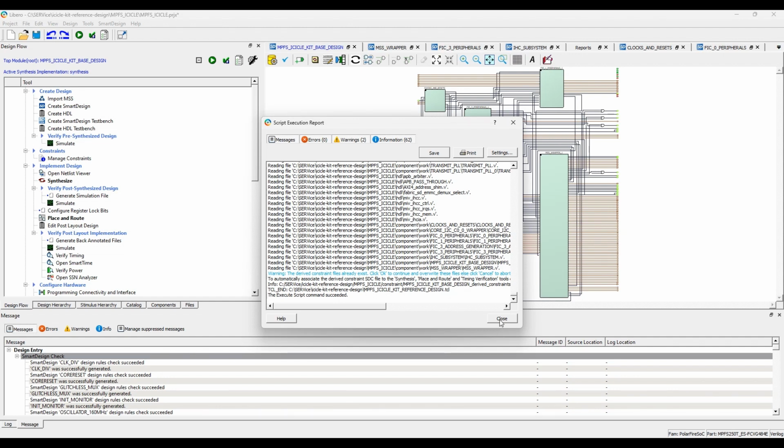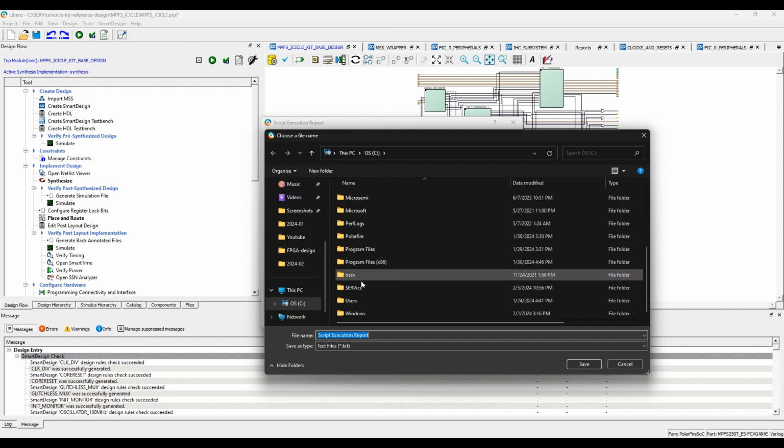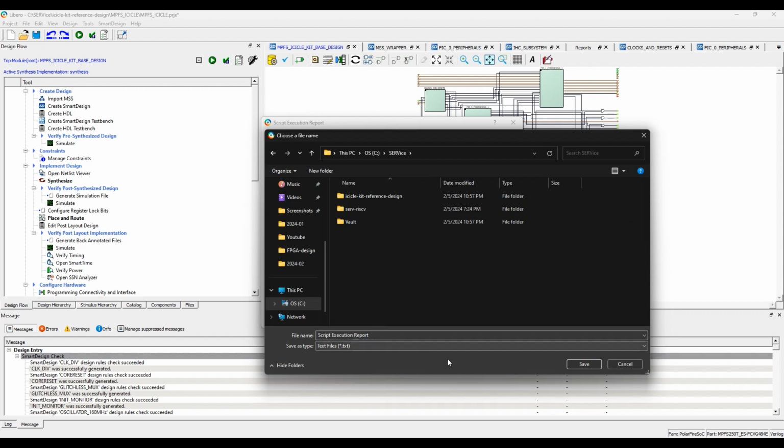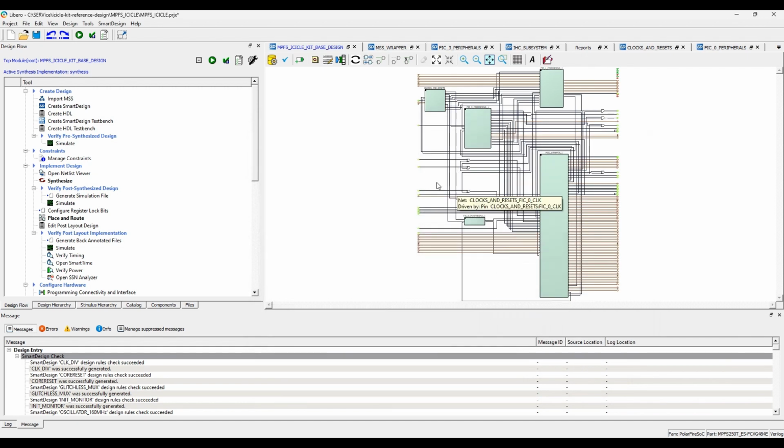All right, let's close this script. Oh, I always like to save it, don't I? I don't know why. I think someday maybe I'll be smart enough to understand what it says. Let's save it here. Boom, let's save. All right, nice. Okay, now we can close it. Now we have this beautiful design, and we're ready, I think, to start pulling in the